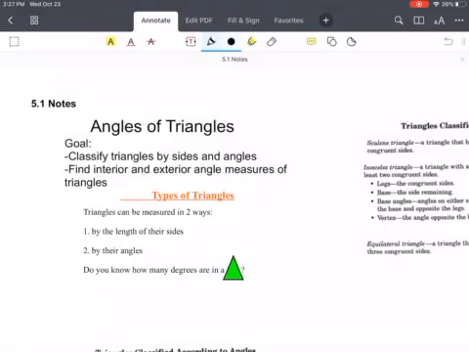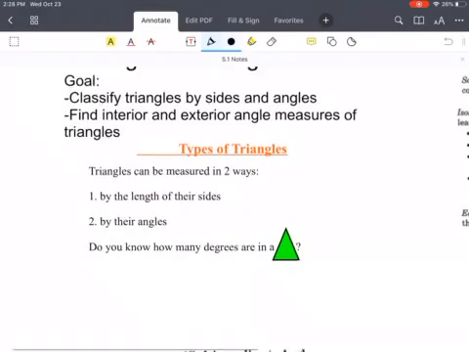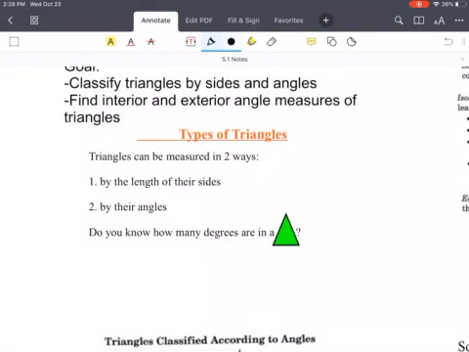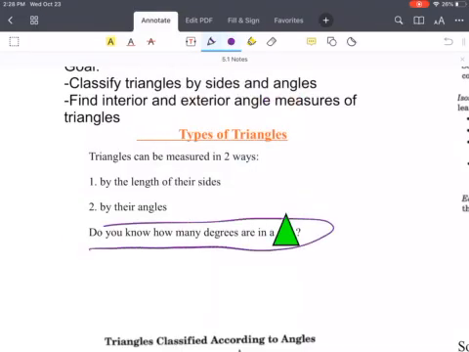All right, today we're going to talk about section 5.1, which is talking about different angles in triangles and how we can classify triangles based on their sides and angles. So the first thing, a couple of things with review we've talked about before. But in order to do this, we need to remember that anytime we have a triangle, that we have 180